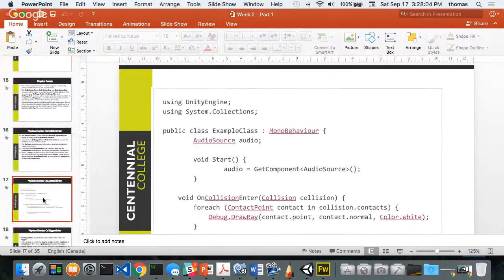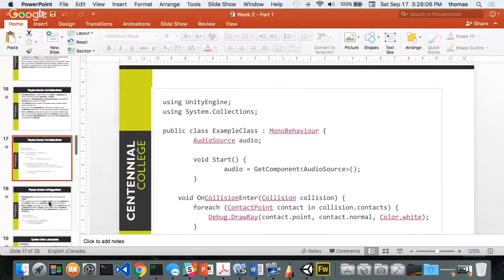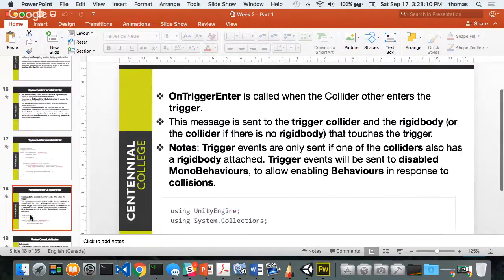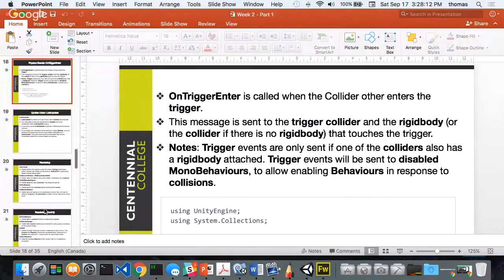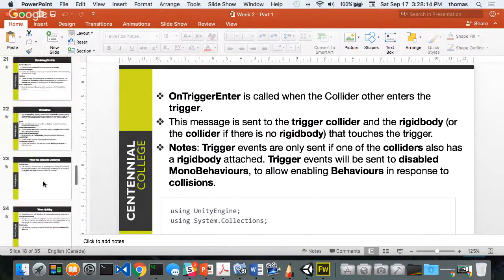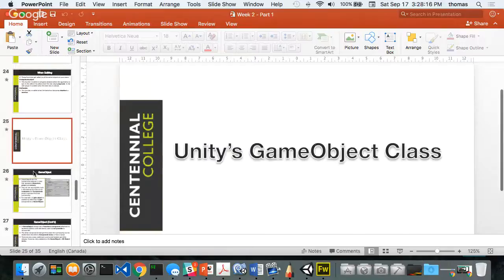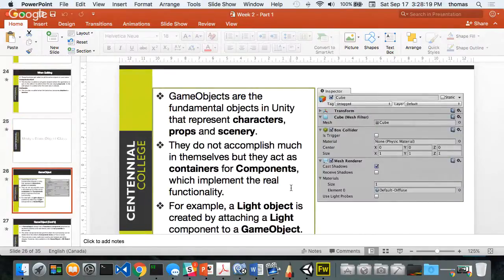The things I want you to really focus on, and some other examples here in terms of code as well, are the two main functions: the start function, which we're going to talk about later on, and the update function. Those are the two functions that get generated automatically. Okay, before we stop, the game object. All game objects in Unity